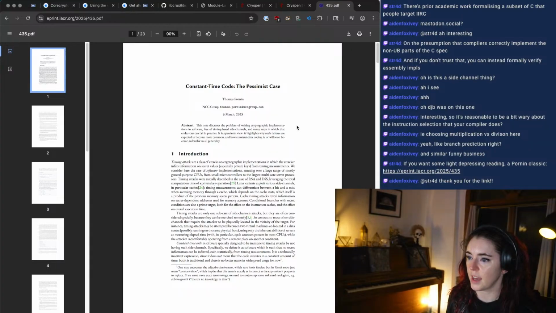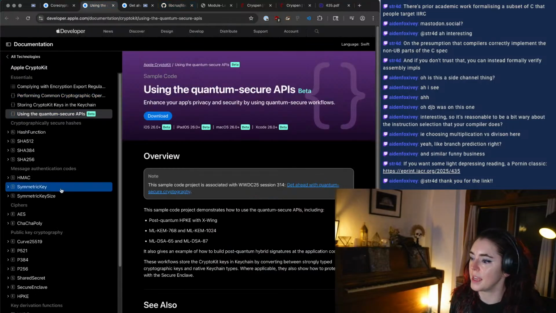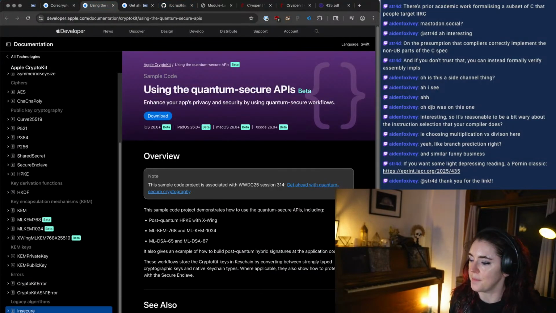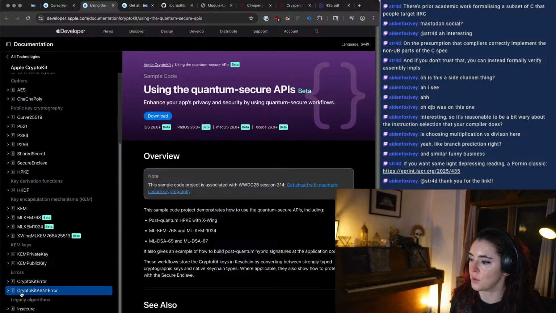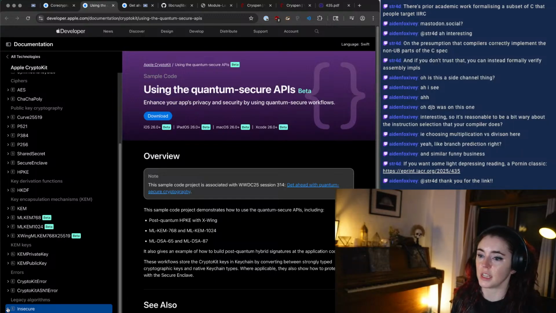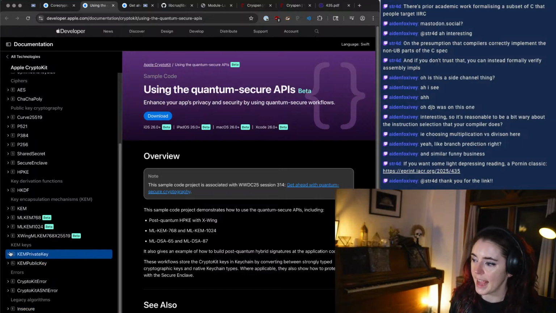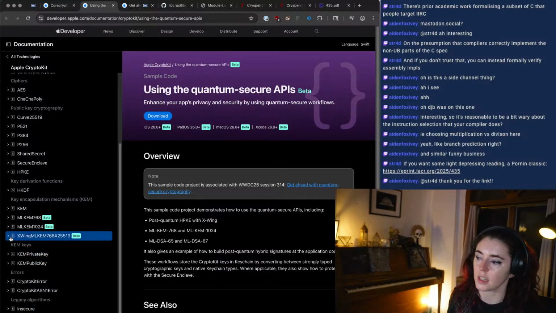Pessimist view highlights why such failures are expected to become more common. Constant time coding is, or will soon become, infeasible in all generality. Yep. Which is actually kind of interesting, because it makes the Apple approach, which it can do because it is Apple and it controls the entire stack, tip to tail, the entire trusted compute stack and the software